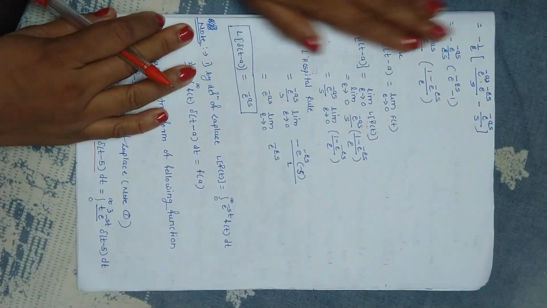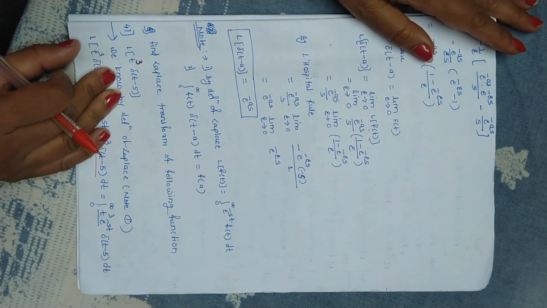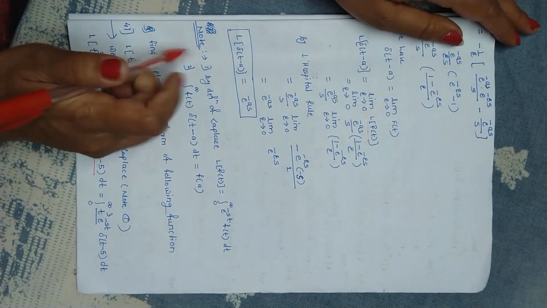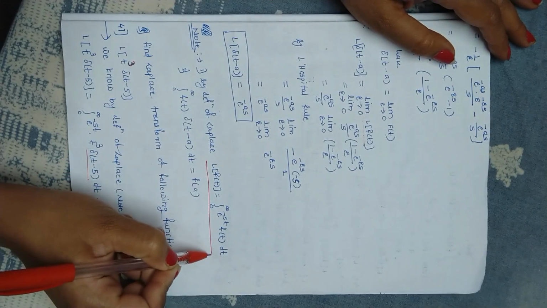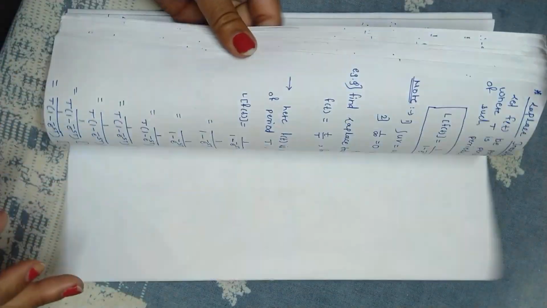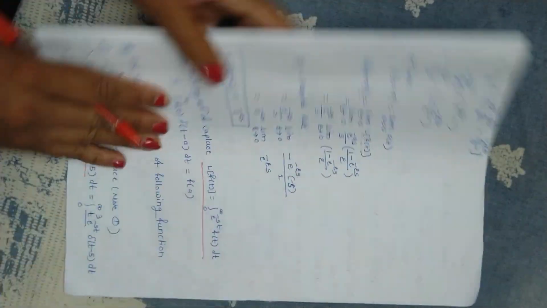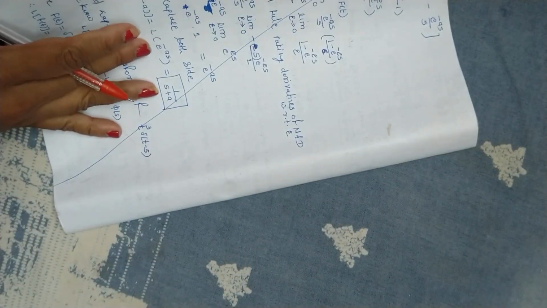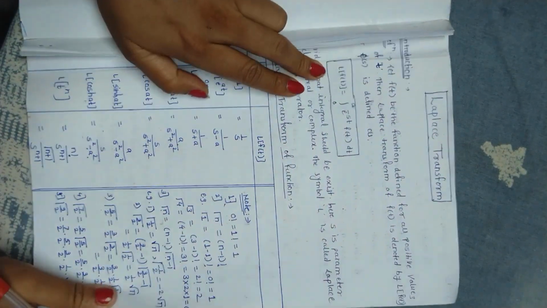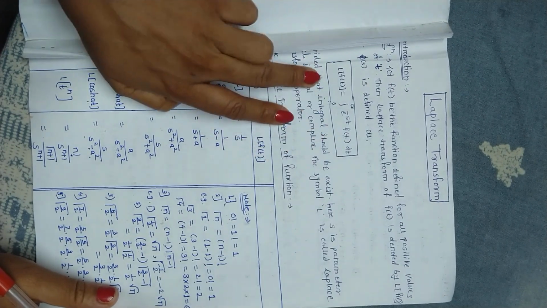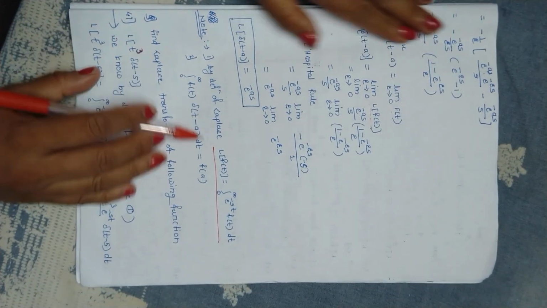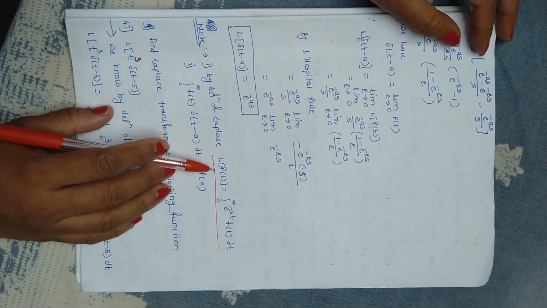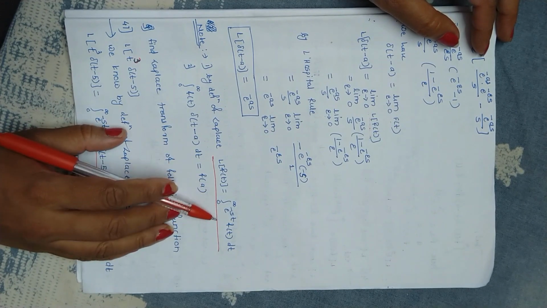Now consider this note before going to these examples. Number 1, by definition of Laplace, this is the basic definition of Laplace, which we have written on the first page of this chapter. Okay, this is the basic Laplace definition we are going to use now in some examples, that is L of f(t). The Laplace of any function f of t is equal to integration 0 to infinity e raised to